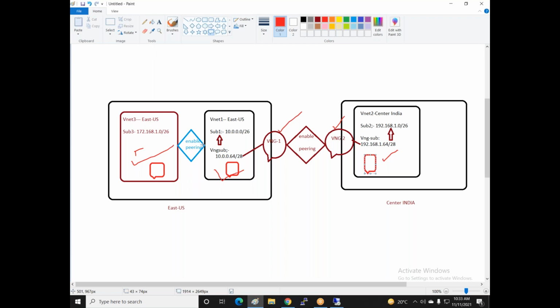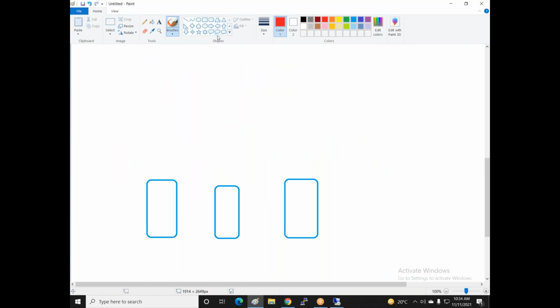No. When you establish the connection between 1 and 3, it does not communicate via VNet 1. You can create one gateway for this and create a connection between this and this. But what is that option for gateway transit in the portal?